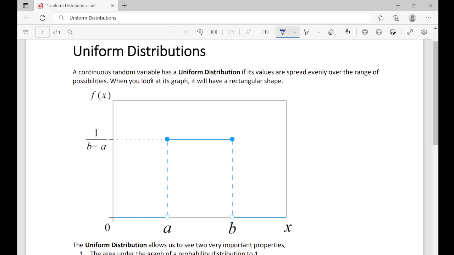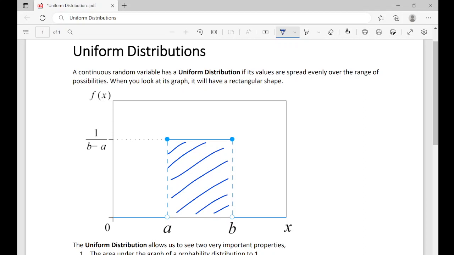A continuous random variable has a uniform distribution if its values are spread evenly over the range of possibilities. So when you look at a uniform distribution graph, it's going to have a rectangular shape, similar to what we have here. Now our values are typically between A and B, so the area is going to be this